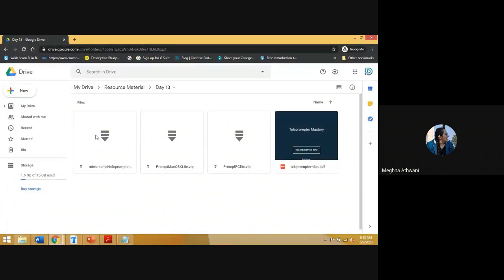This is the MirrorScript teleprompter exe, the zip folder. You can download it from here. There is a possibility that MirrorScript does not run on iOS or Mac. So we have Prompt. I have uploaded both the exe files.